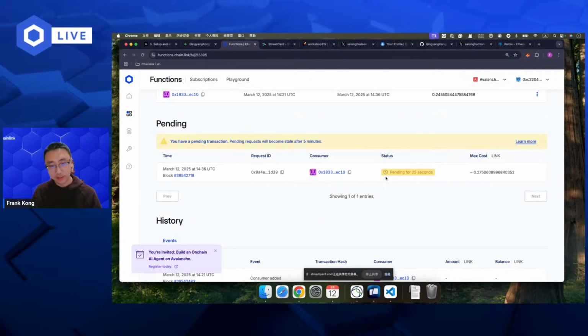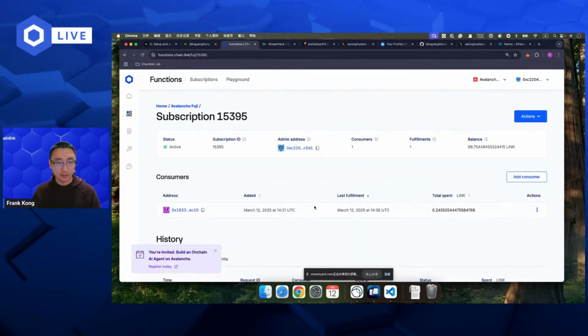And the Chainlink Functions receive the request from the smart contract, and then it will call the API in the Supabase, get the result and run the JavaScript we just modified in the smart contract. And then, if everything is good, the result will be returned back to the smart contract.